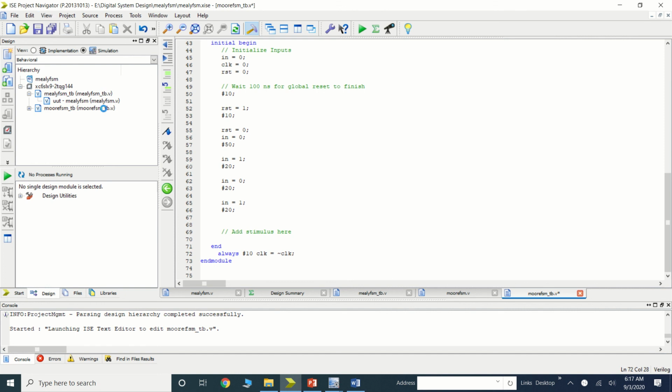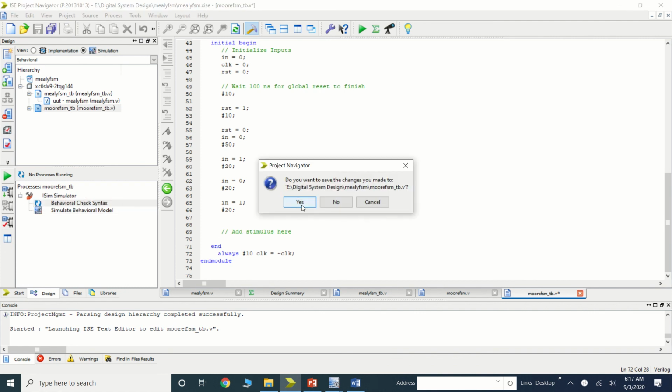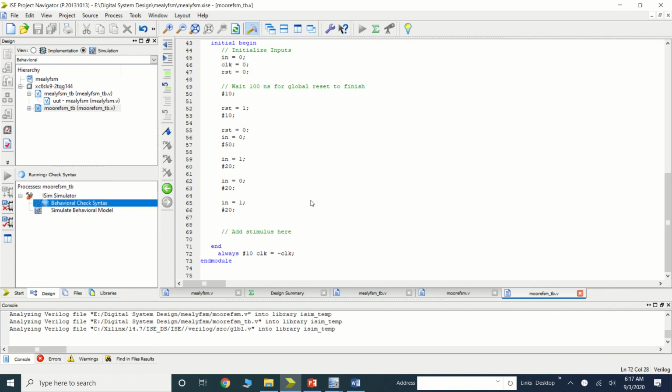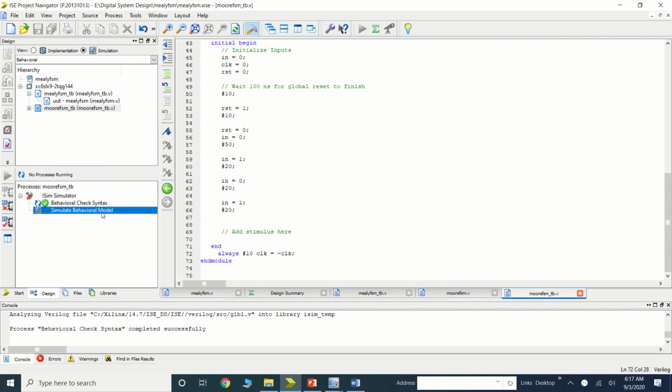Okay, so now I am selecting this TB. I am checking the output. Okay, so it is successfully done. Now we'll simulate.